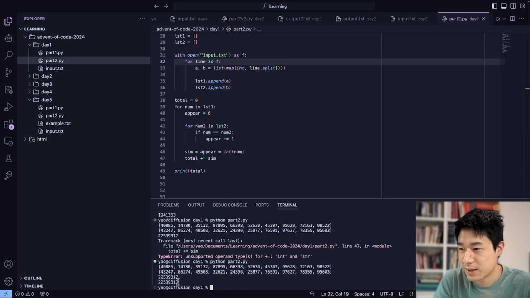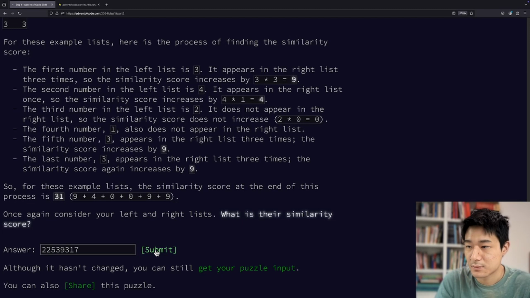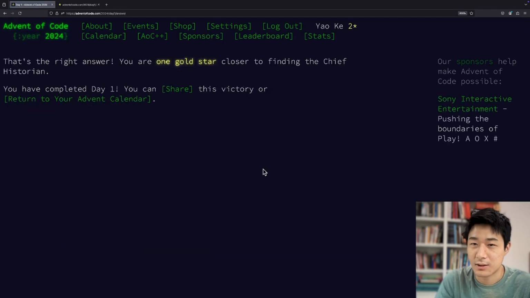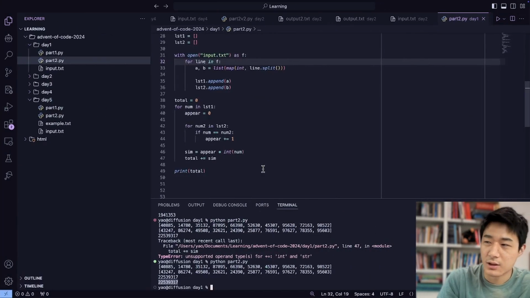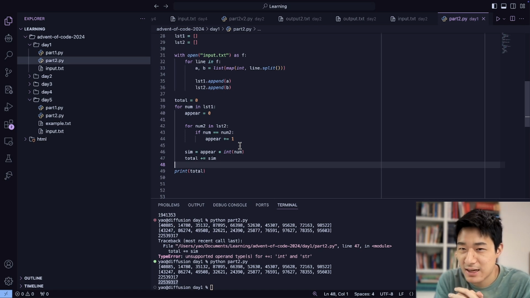We get 225, 39, 317. Okay, wonderful. So we put it back in, and we got another gold star. Fantastic. So this approach is okay, but if we do a complexity analysis, we'll realize that this is actually